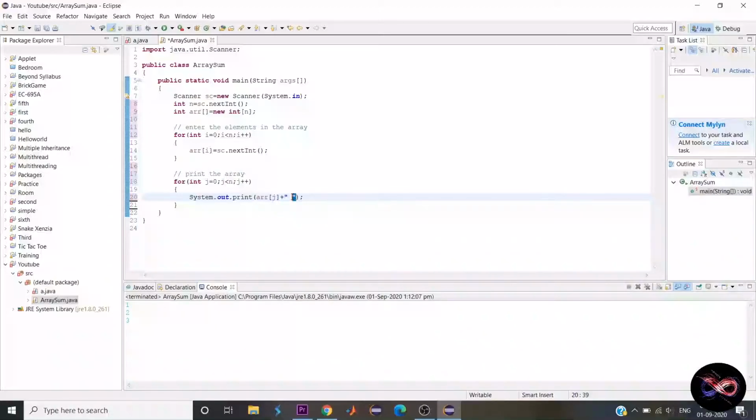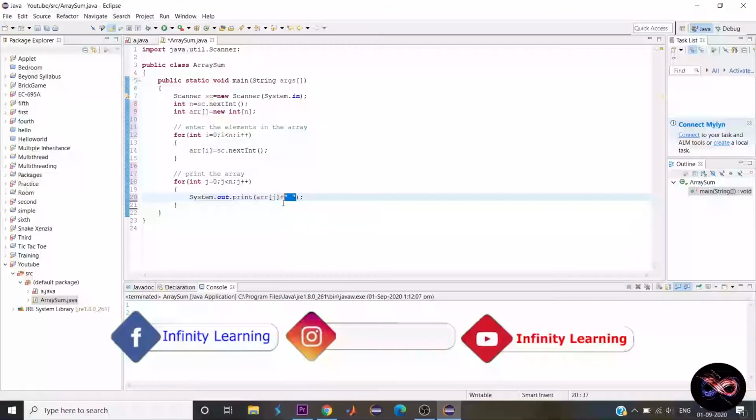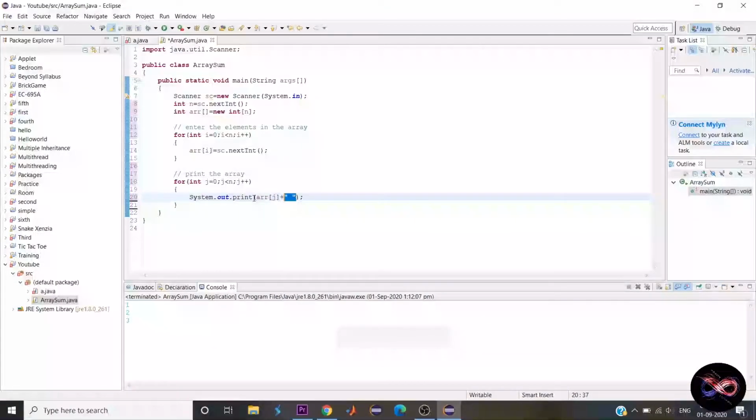Now what I did here is, if you want to print any text or a blank space or anything, you just give it within double inverted commas inside the print statement, and it will print whatever text is there in the inverted commas. But we are printing both value and text, so we need to concatenate them. We know the concatenation operator is the plus sign, so we concatenated both parts, and now it will print a value, then give a space, and then print the other value. So this was printing the array.